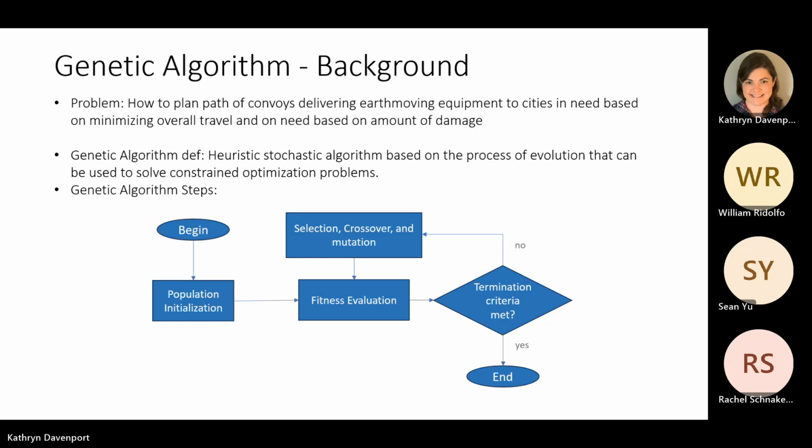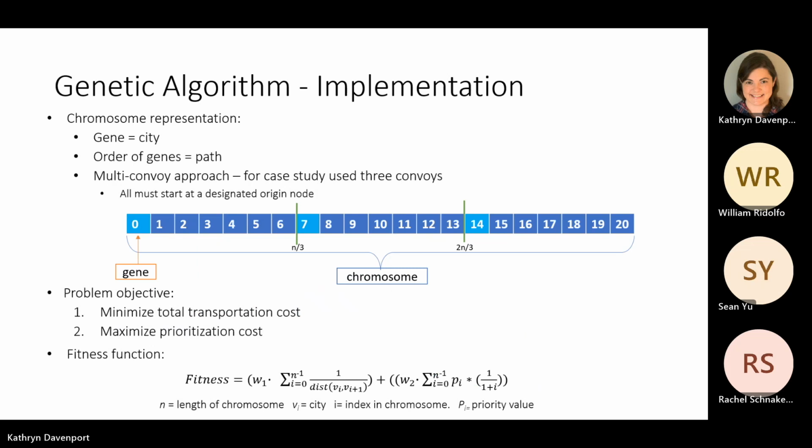Next, if termination criteria is met, then the algorithm will output the best solution and stop. If the criteria is not met, then the current generation of solutions will undergo selection, crossover, and mutation functions to create the next generation. This new generation of solutions is evaluated for fitness, and the cycle will continue until the termination criteria is met. The chromosomal representation of our problem solution is a single chromosome where each gene in the